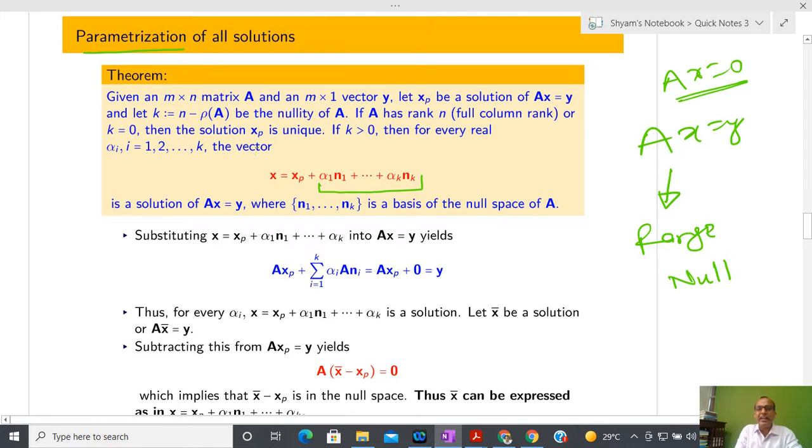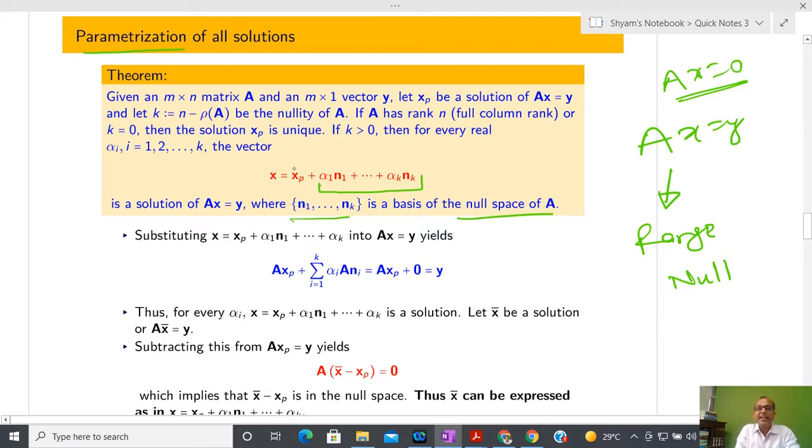But if the nullity is finite, then if you solve Ax equals 0, I have a solution, and if I have n vectors, how to create the whole space? Just by doing a linear combination. So alpha 1, alpha 2 and alpha k are the parameters, and n1 to nk is the basis of the null space. Why am I telling basis? Because in the null space I may have infinitely many vectors, but I have to express only those vectors. With the help of those vectors I can generate the rest, and I know from the definition of a basis that this is possible. Due to that reason I have written it here.